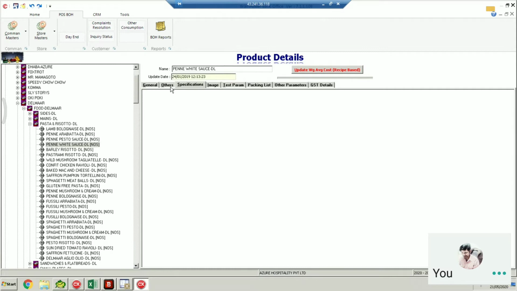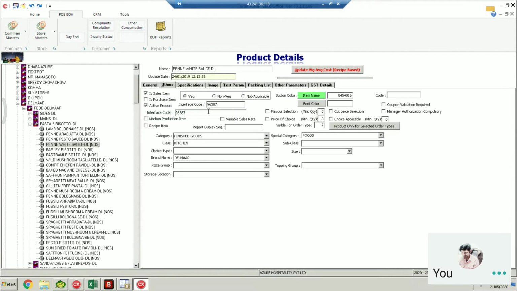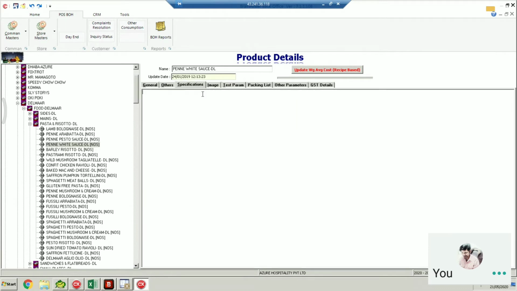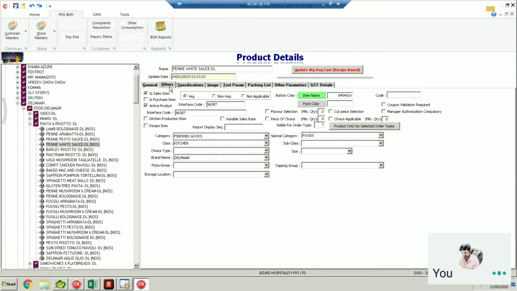And for Zomato, even the veg and non-veg bifurcation, they have now done on the specification also. Suppose you put in the specification something like Rogan Josh sauce. They consider Rogan Josh, even if the product is veg, but you use Rogan Josh sauce in your specification, then they consider that product as non-veg. They have AI, artificial intelligence, which says Rogan Josh is not a veg item. So you will have to be very specific when you are putting in the specification also.